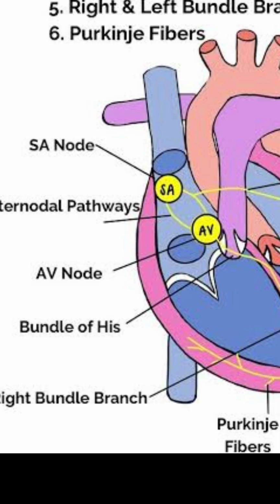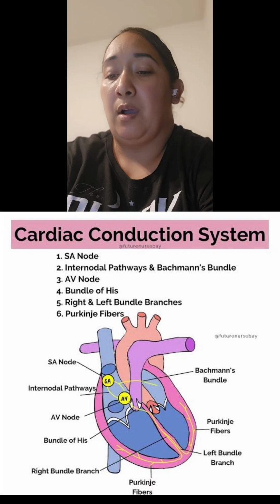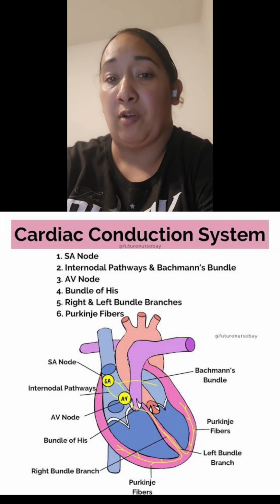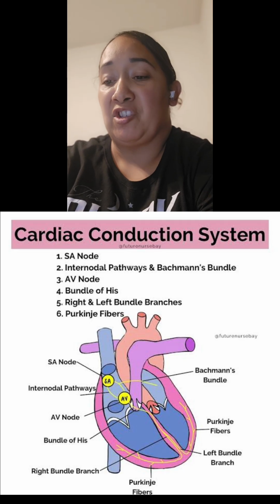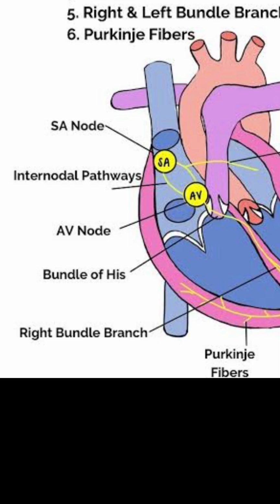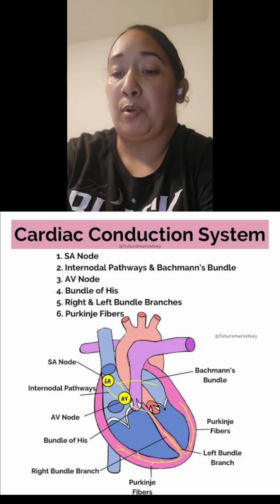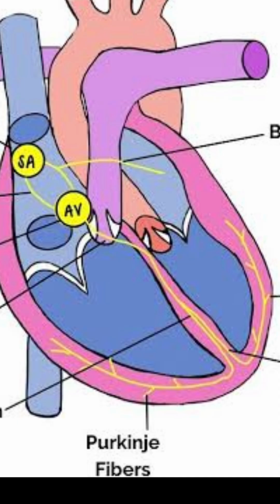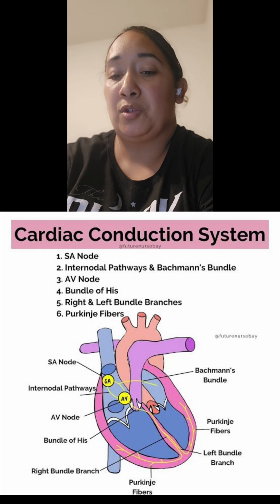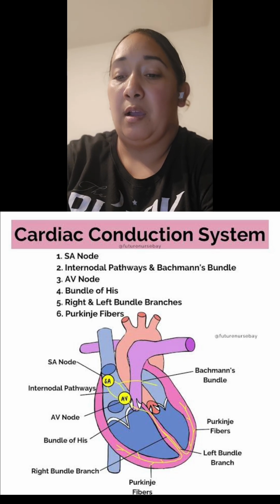Then it moves through the bundle of His, and the bundle branches as well, and it branches out to the left and right. And then from there, it goes through to the Purkinje fibers, which conducts the impulse to the ventricles, causing them